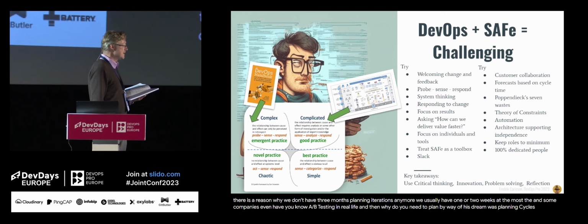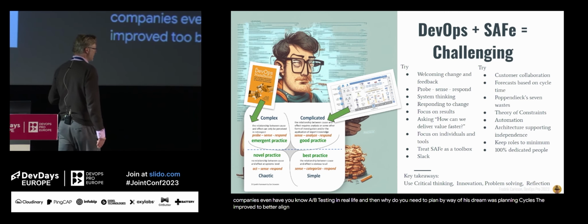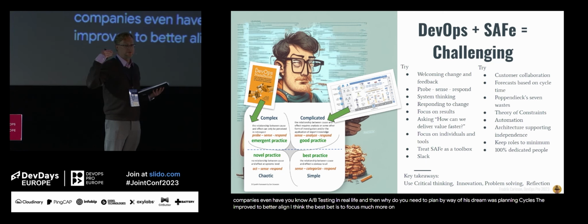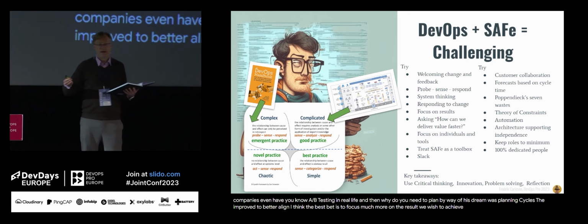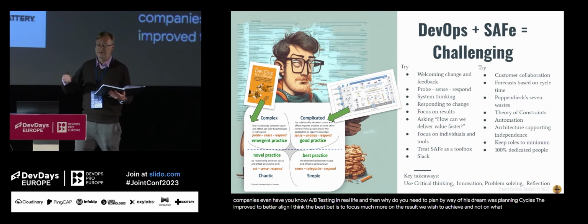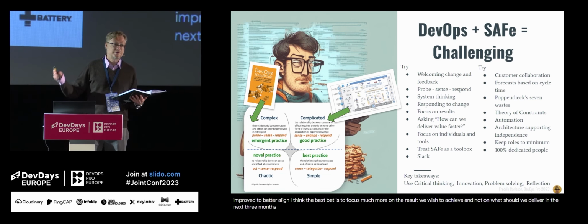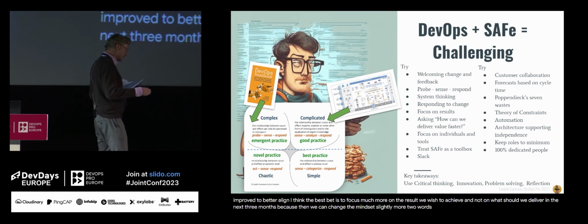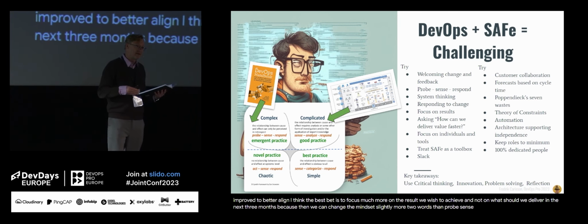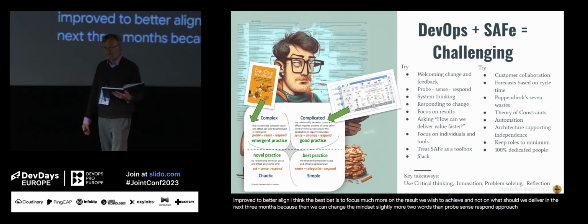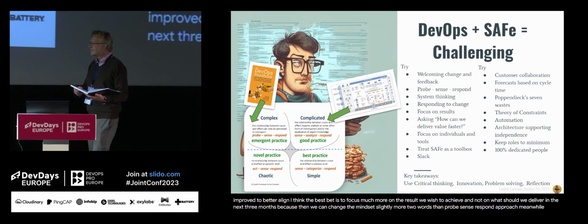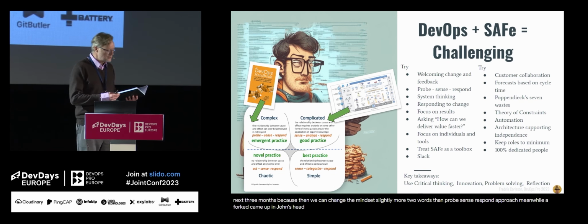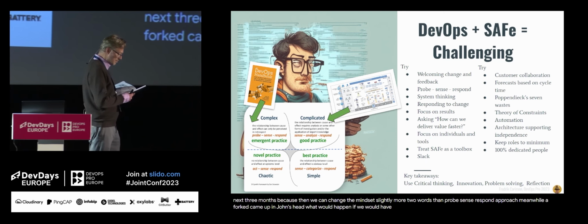So how can then SAFe be improved to better align? I think the best bet is to focus much more on the result we wish to achieve and not on what should we deliver in the next 3 months, because then we can change the mindset slightly more towards the probe, sense, respond approach. Meanwhile, a thought came up in John's head. What would happen if we wouldn't do the PI planning